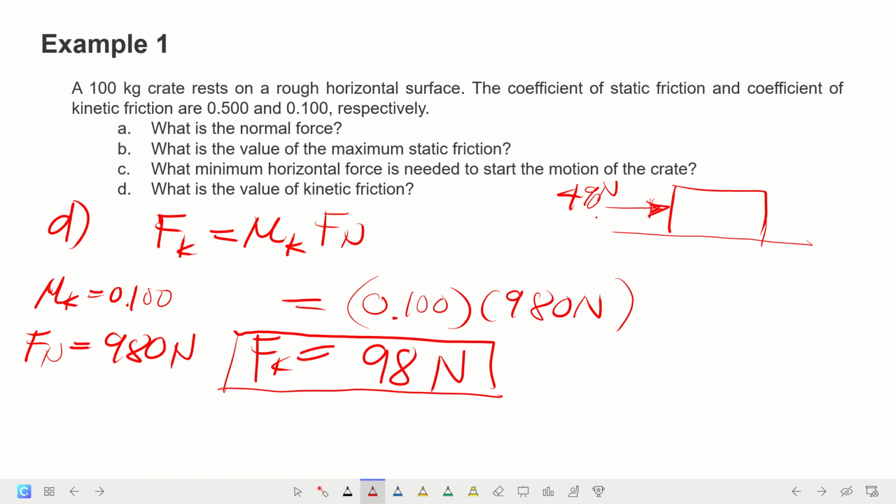Mali class, mali. So yung 490 Newton is the maximum force required to overcome the friction force. Once we overcome it, we have here our minimum force. So yung 98 Newton na kinetic friction is our minimum force to maintain the motion of the object. So 98 Newton is also the minimum